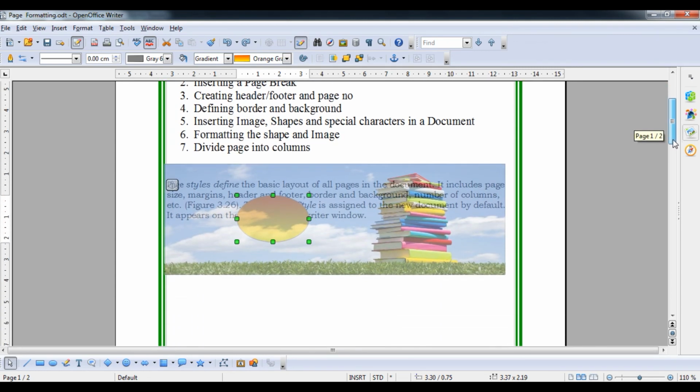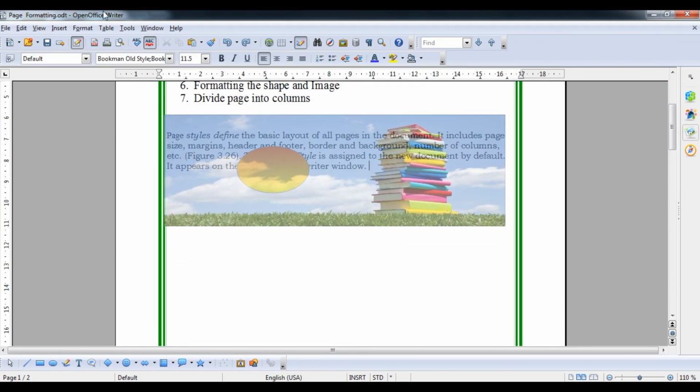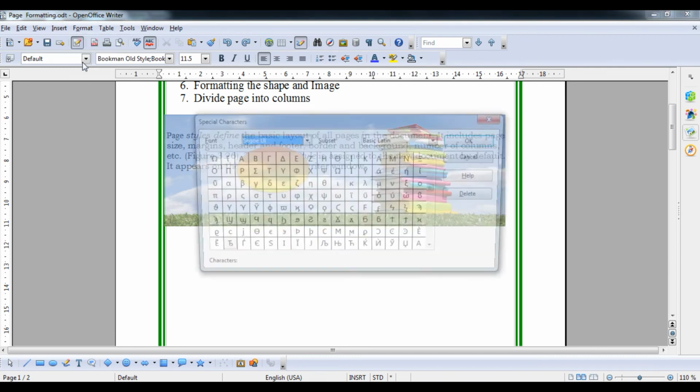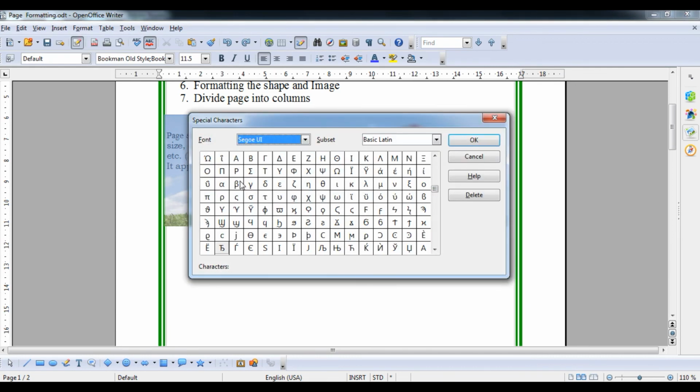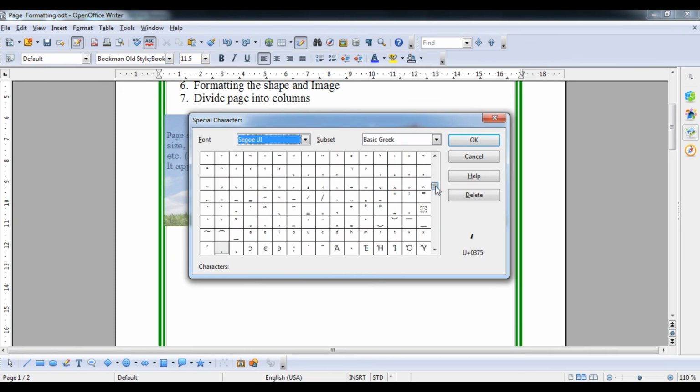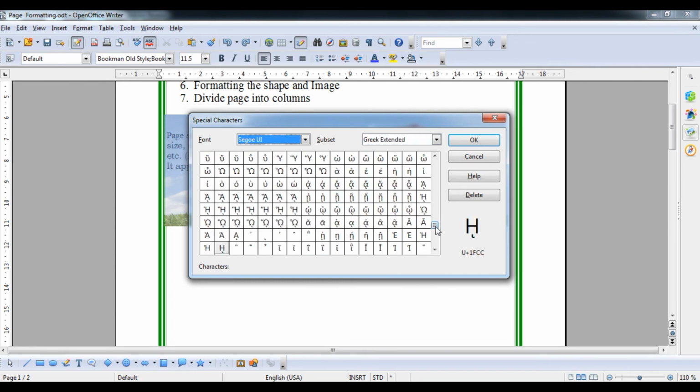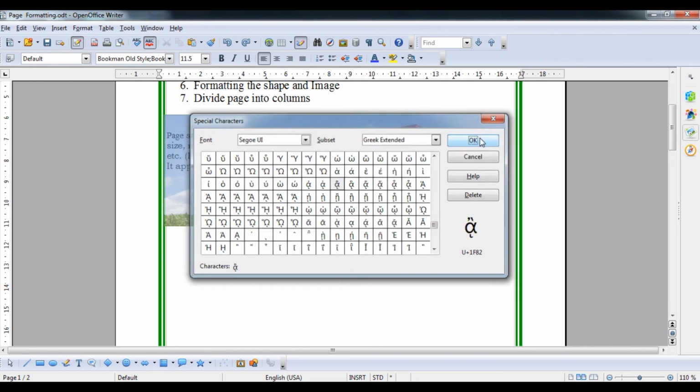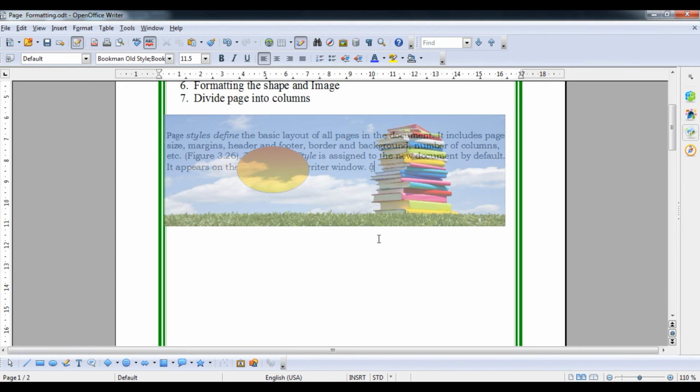Now we are going to insert the special character student, okay. How to insert the special character? You have to go to insert option, click on special character. Special characters are actually those particular characters which are out of your keyboard. Okay, you can insert that particular character from this particular dialog box, that is a special character, which I think may or may not be in your keyboard. So for example, if I'm going to insert this particular alpha, okay, so you can press OK option. Now you can see, student, this alpha inserted here.